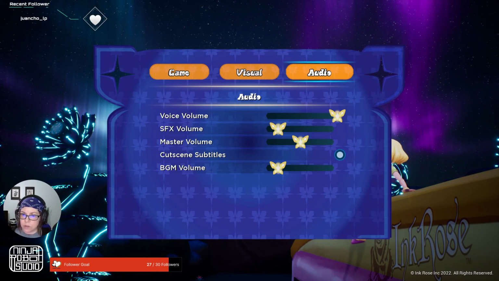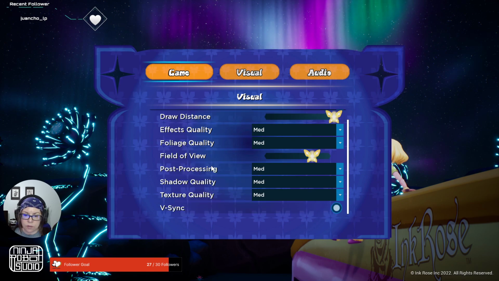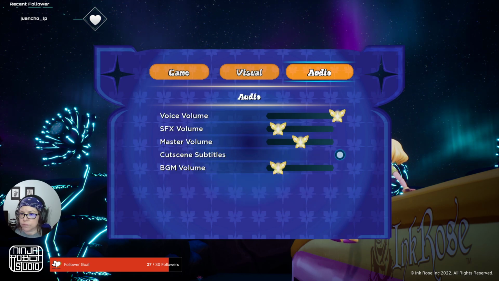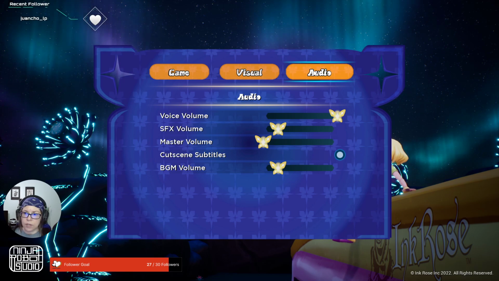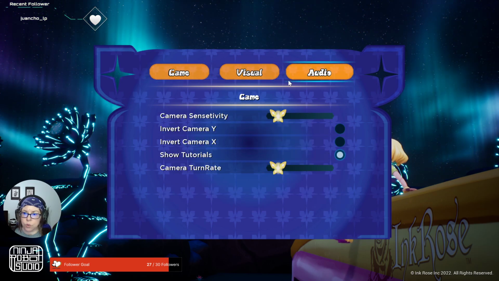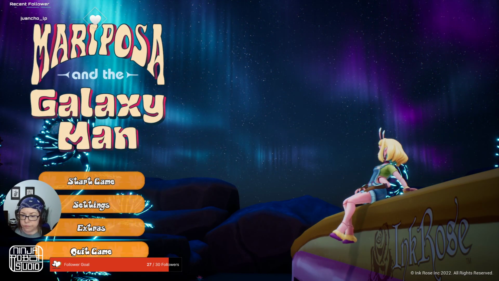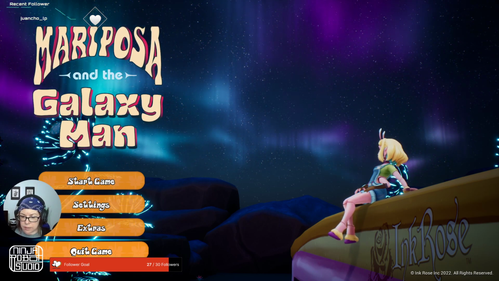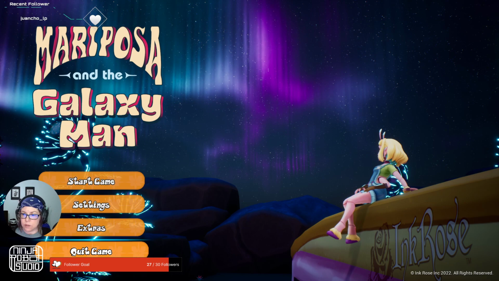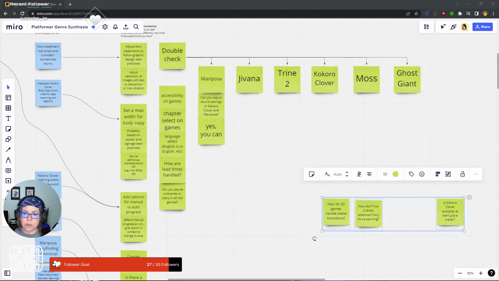Accessibility on the games. So do they have any accessibility options? So they have audio, but they don't have any kind of options for adjusting color or anything like that. Of course, again, it is only an alpha, so I wouldn't expect that level of built out on an alpha game. So yes, you can adjust sound settings. Accessibility wise though, here, wrong one, here. So accessibility wise,